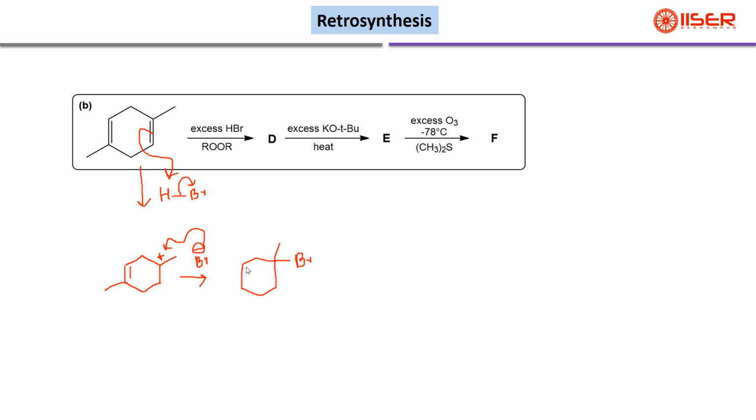as they have already mentioned, we have to add excess HBr. So similar to this alkene, this center will also be brominated, similar to the double bond. So this is our D. After that, if you add potassium tert-butoxide in excess amount, it will undergo an